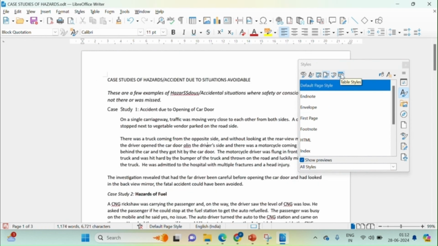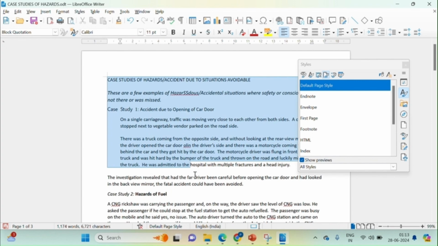Now next in succession is list styles. By default, you must have been using list bullets and numbering while creating your document. In that case, we are selecting each and every list or bullets of our choice manually. So this can be done using list style, and whatever bullet or numbering style we select will be implemented to the entire document. Again, it will maintain the same consistency for the entire document.